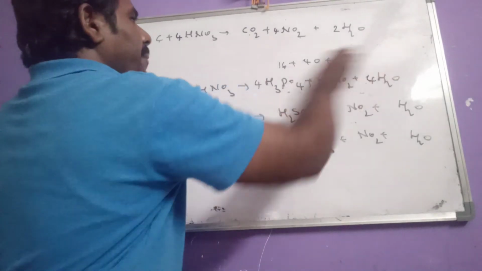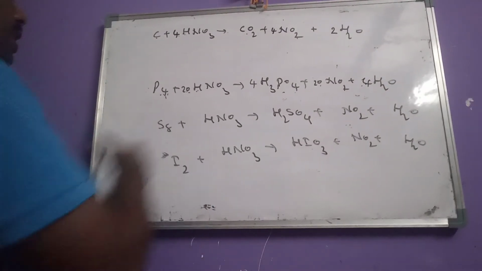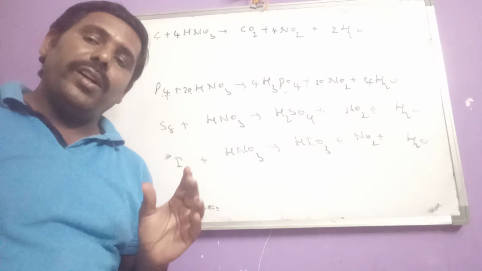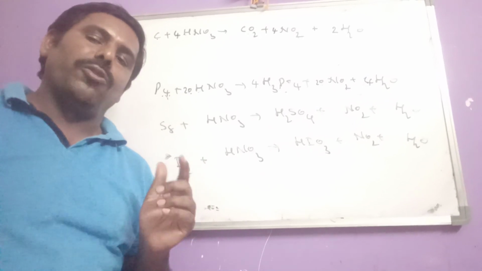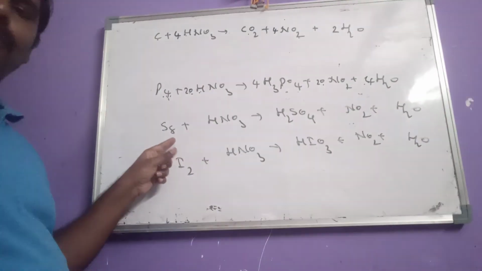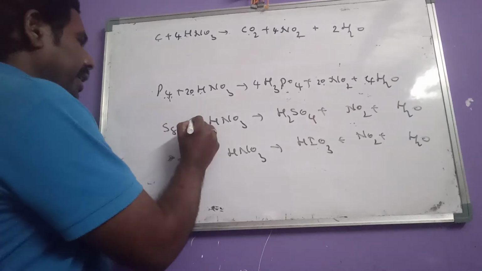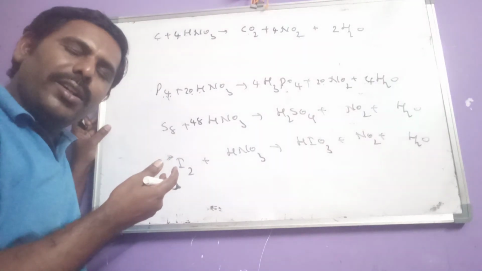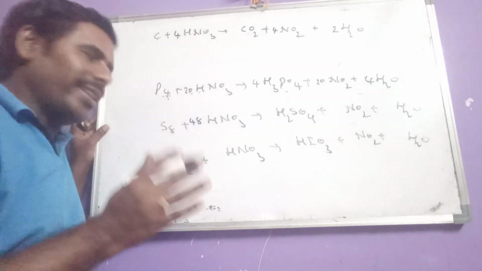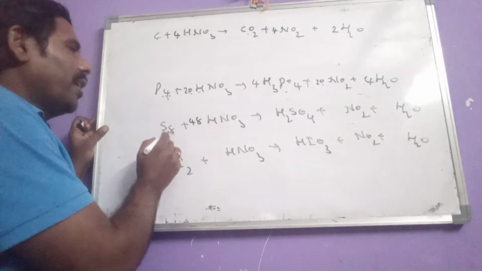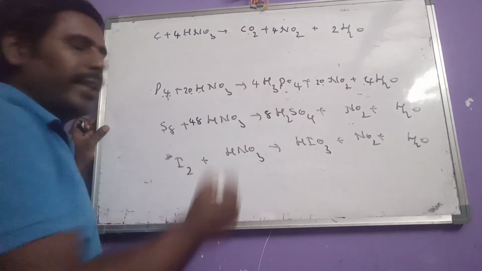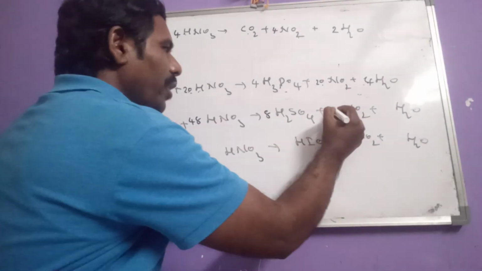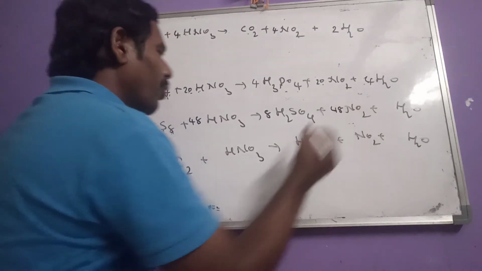Now the same we have to use in case of sulfur also. So tell me, what is the sulfur group number? 6th group. So 8 6s are 48. So let us write 48 HNO3. Sir, is it really balanced? Yes, really balanced. See here, sulfur 8 atoms, we have to write 8 H2SO4. 48 nitrogen, so we have to write 48 NO2.